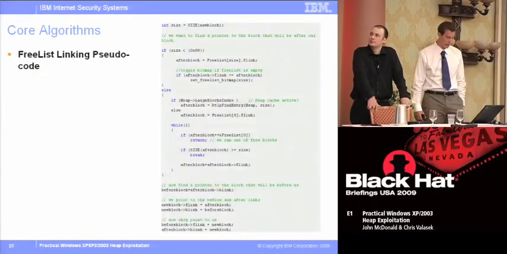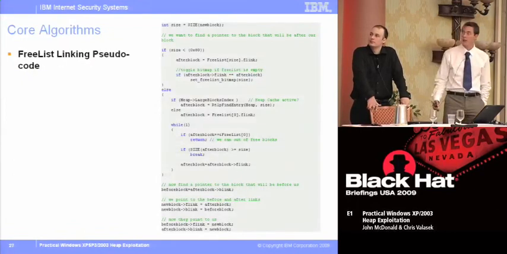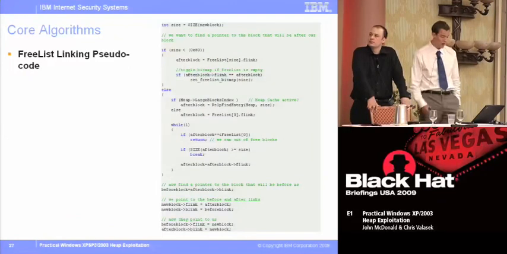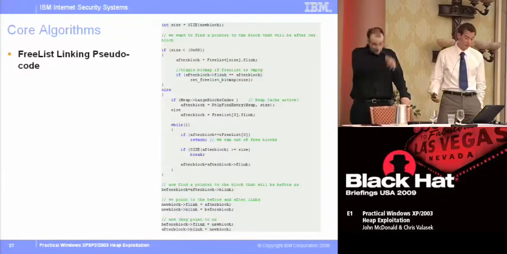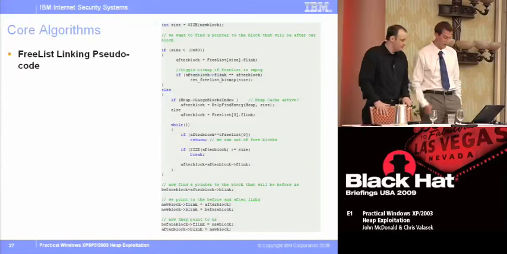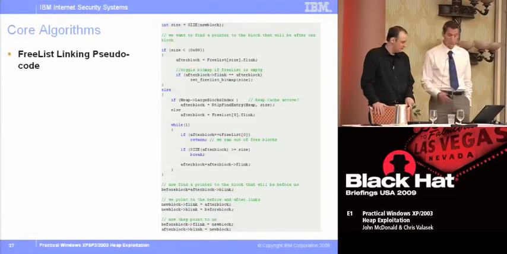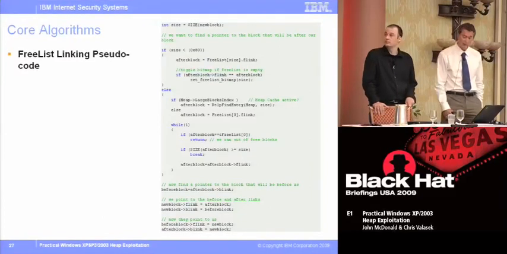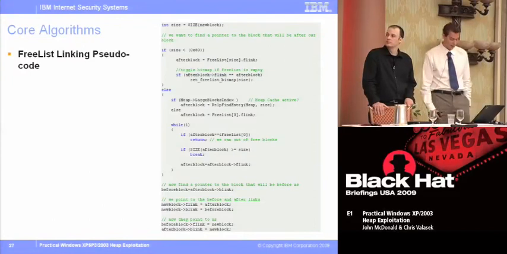Here's again a little bit of pseudocode. If the size is less than 80, use the dedicated free list. Otherwise, is the heap cache enabled? If so, use that to get your reference block. Otherwise, iterate through free list 0, and then you see it link the structure in, or link the chunk in,